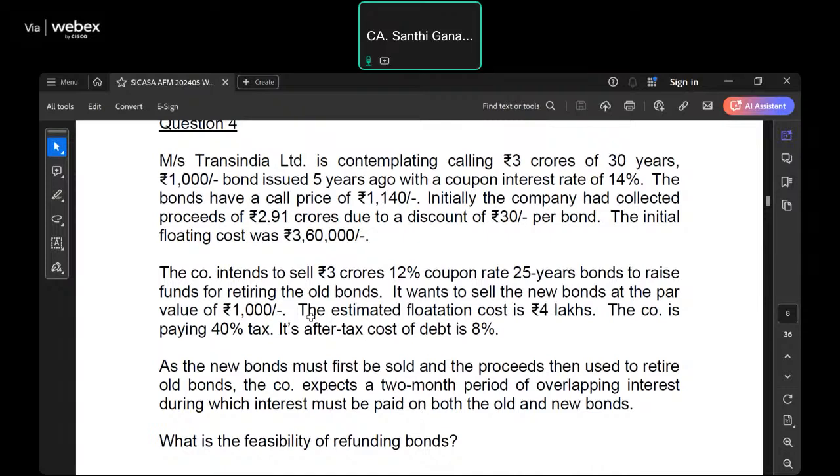So what are all the things to be considered? First, I am entering into this proposal only because it is possible for me to, and when I'm talking about me, I'm talking about the company's perspective. Only now it is possible. They are doing it only because the interest rates have fallen. Instead of giving a higher interest rate, they can give a lower interest rate. That is the reason why they want to go ahead with this.